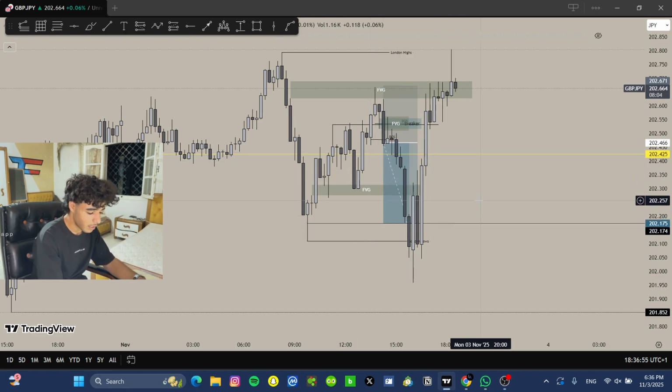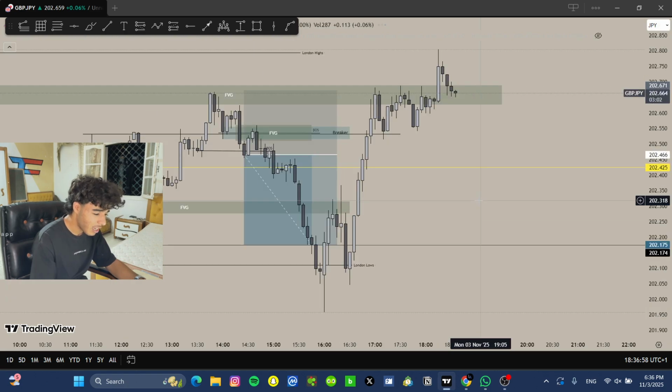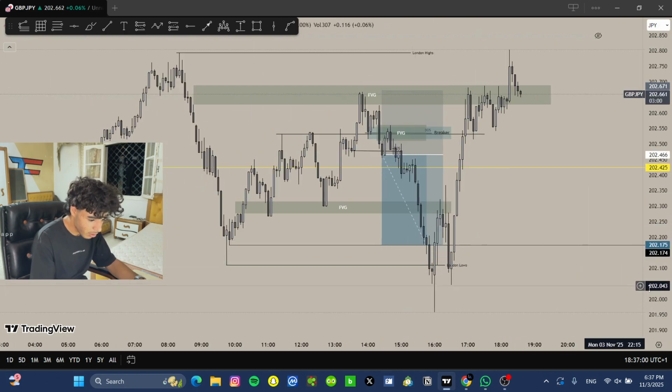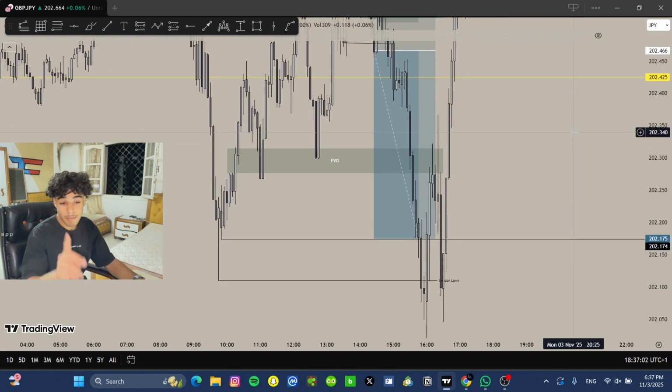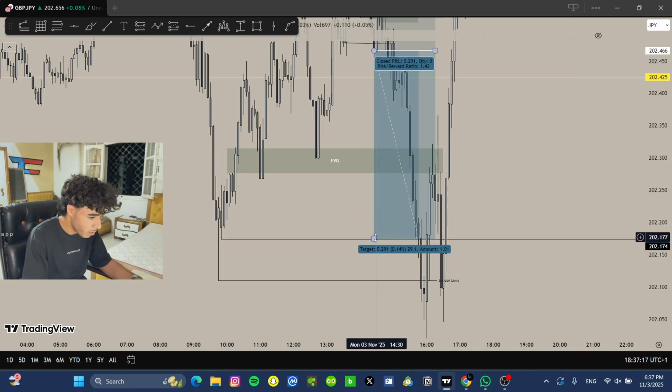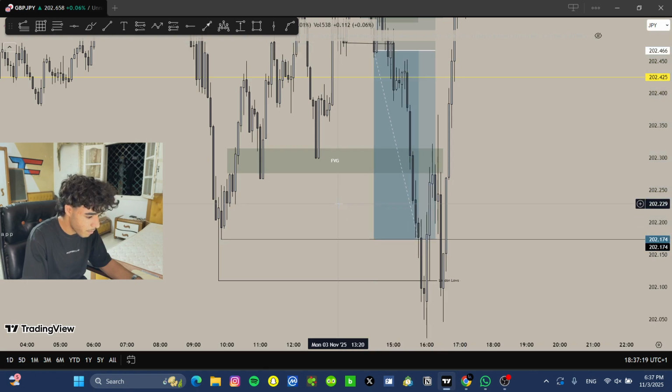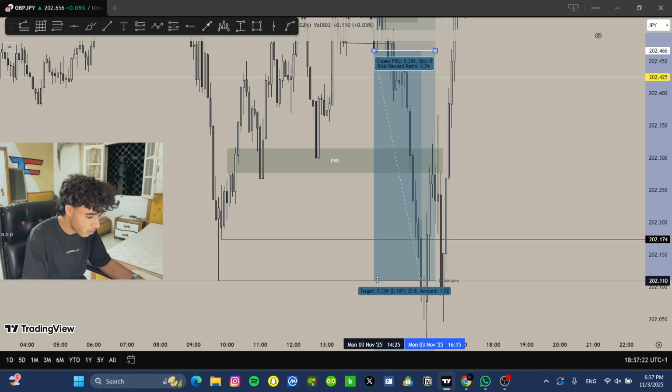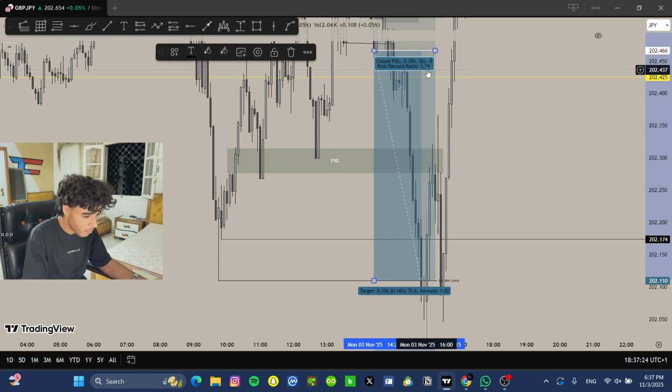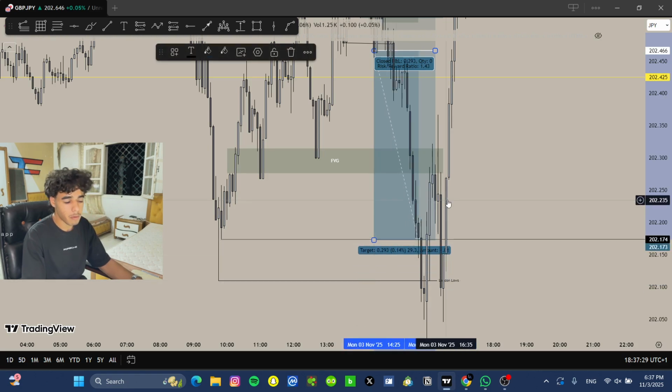And for my take profit, I didn't actually want to target these London session lows, because sometimes, as you guys can remember, the last times I put my take profit at the very end low, it didn't reach it. It just faded by 1 or 2 pips. So I just wanted to put it right here, to be a little safer on the trade. Sure, I could have gotten like a 1 to 1.7 risk to reward,